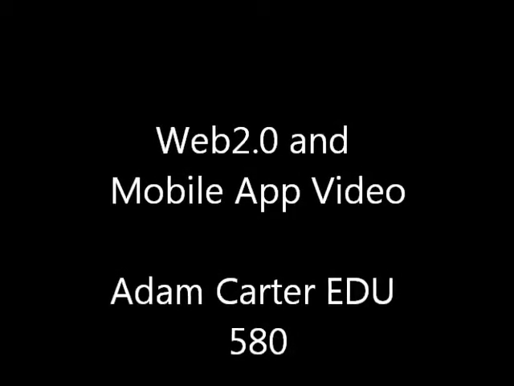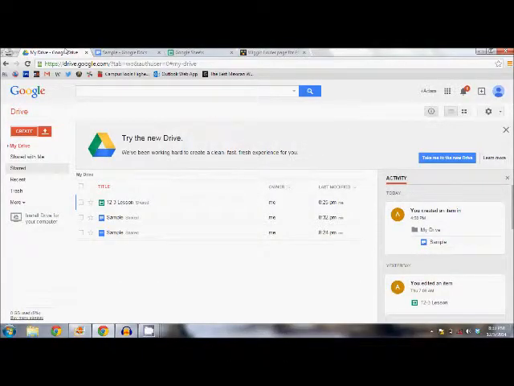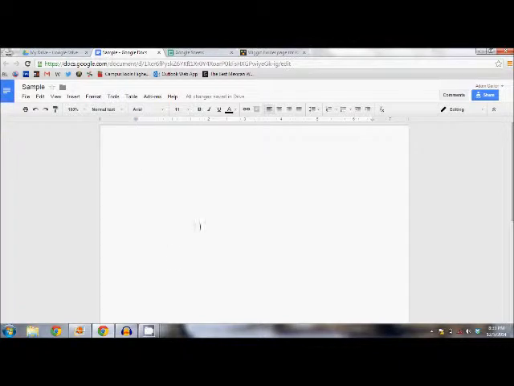I'm going to start by talking about one of the best collaborative Web 2.0 apps that I have found, which is Google Documents. Google Documents is a great way to help students or faculty or anybody collaborate when they are not with each other. You can have several people working on the same piece of Google Documents. For example, on this piece of this Word I just opened, you can have up to 30 people on this